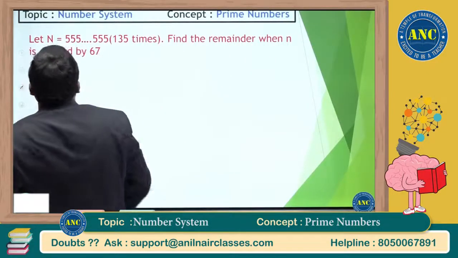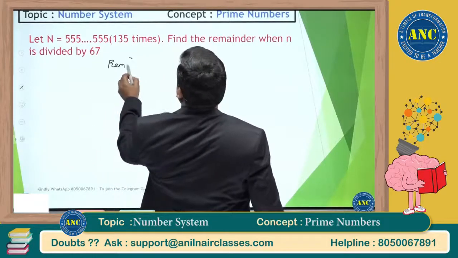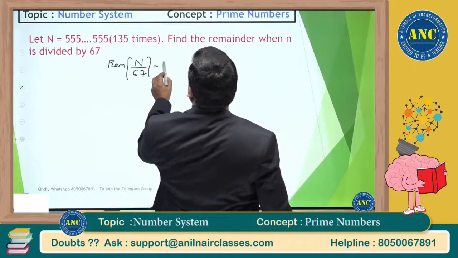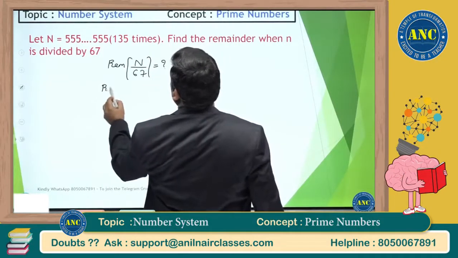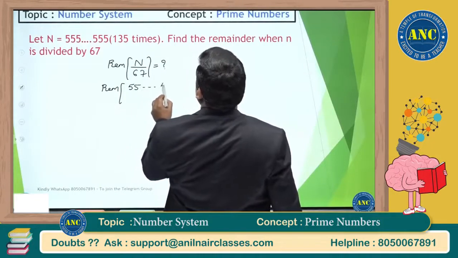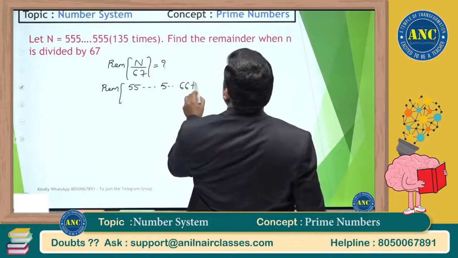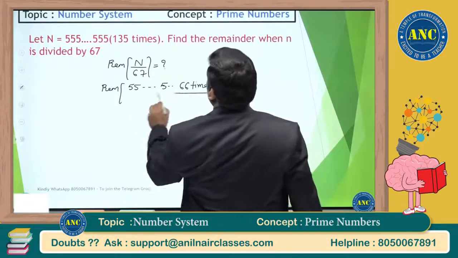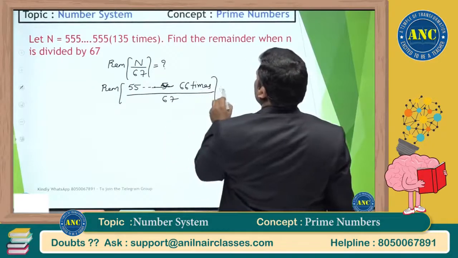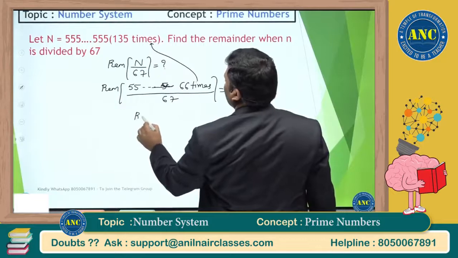Next question. N is divided by 67. What will be the remainder? If it is 67 times, the numerator should have the non-zero digit written 66 times. 66 times divided by 67 it is 0. 66 twos are 132 times. So the answer is